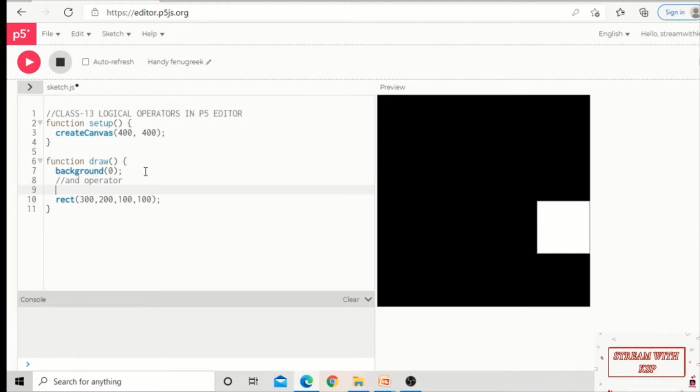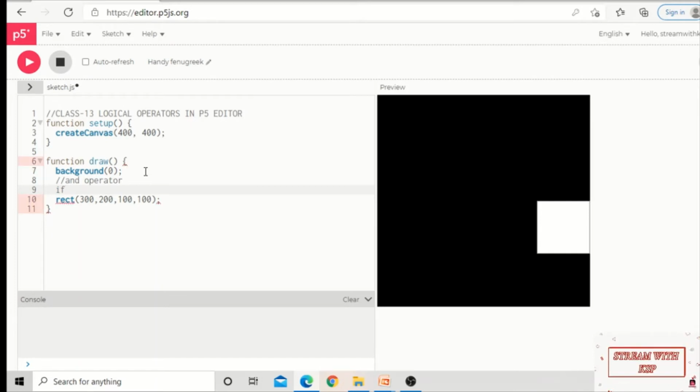So if I want to check two conditions at a time, I am going to use the AND operator or the OR operator. If you want both conditions to be true, you have to use the AND operator, and if you want only one condition to be true, you can use the OR operator. So let us do that one by one.